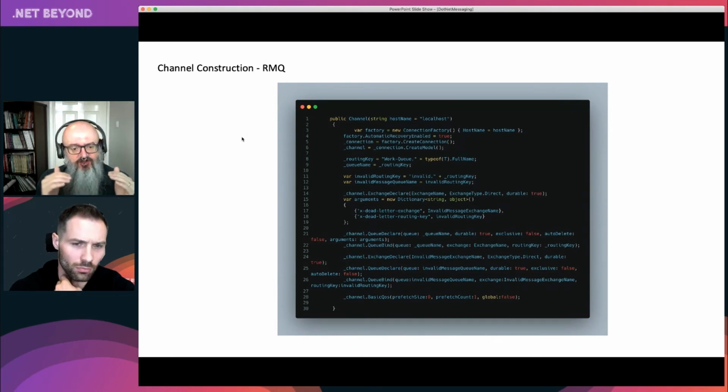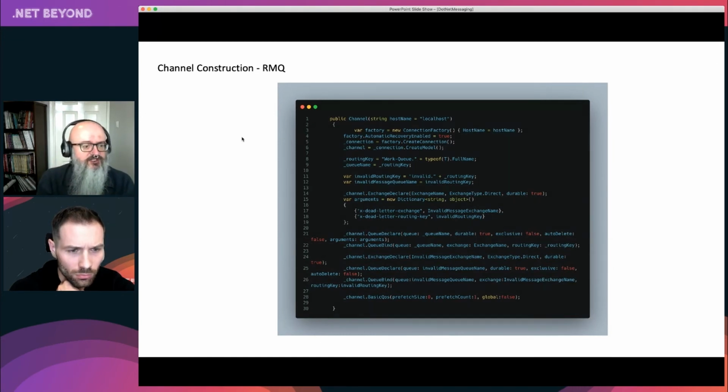And then in lines 21 to 22, what I'm saying is I want to listen in that routing table to things that have this identifier, which is basically the routing key. And if you get something that's sent with that identifier, put it on my queue. This is the queue I want to use. That will store the message so I can get to it later. And then we can do some stuff as well.